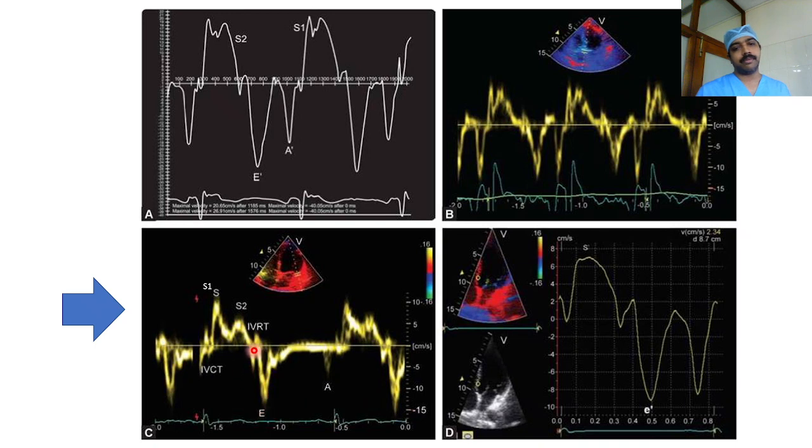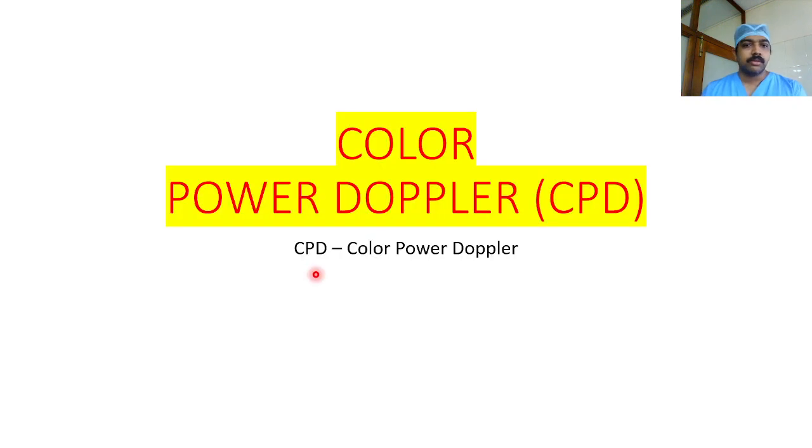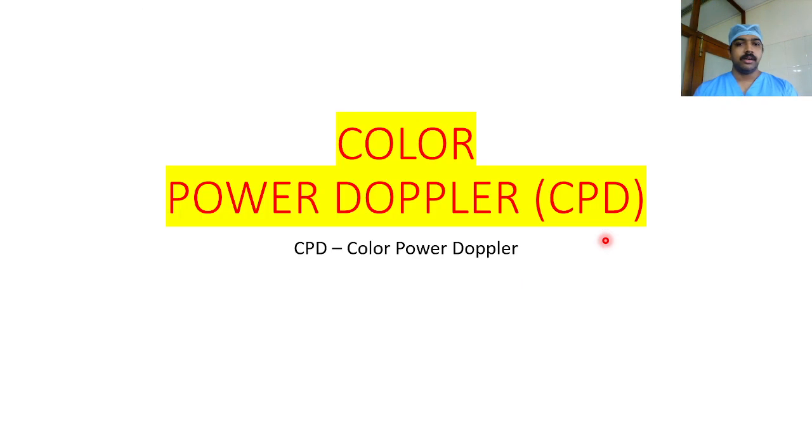And this is the diastolic event. This is the early rapid filling. When the early rapid filling occurs, the tissue velocity is the E prime, small e prime actually. This is the A prime, during the atrial contraction. So from this picture, you have the basics about tissue Doppler imaging. Now we'll come to power Doppler, or otherwise called